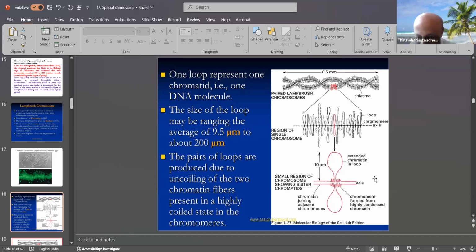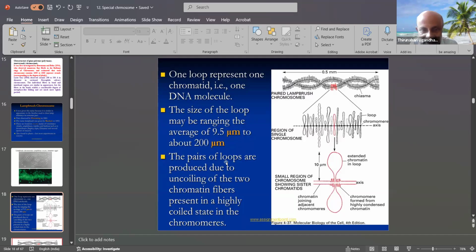This is also the axis, similar to the plants or similar to the animals. This center part is also like a centromere. Then either side are chromatids or puffs or external chromatin loops. So each one is similar to a chromatid, or each one is similar to the chromosome of plants or animals, the normal type. The size of the loop may range from an average of 9.5 millimicrons to about